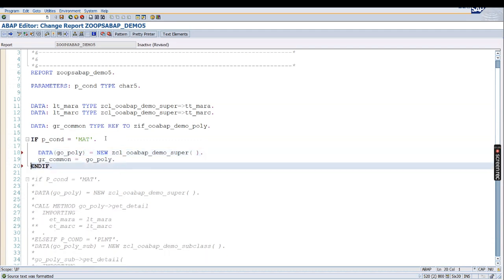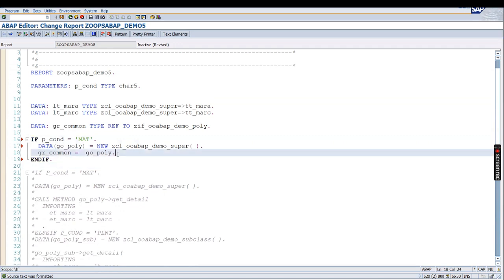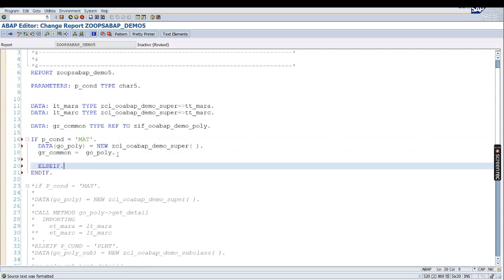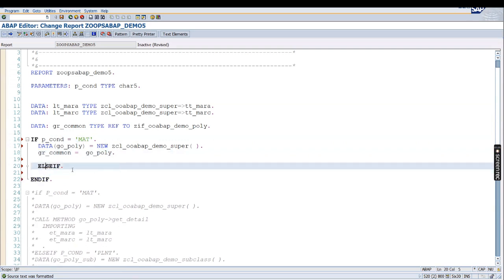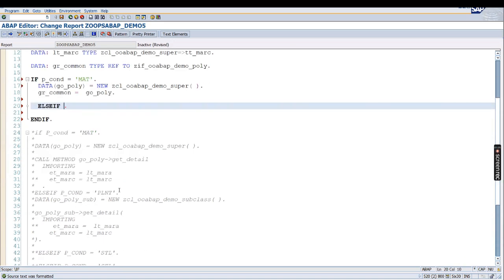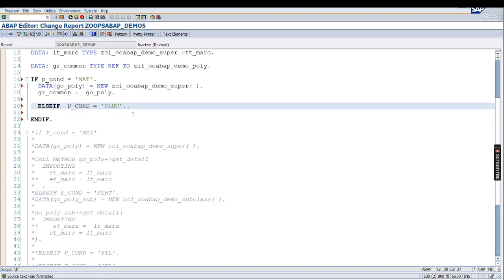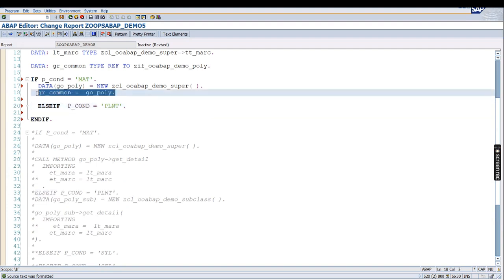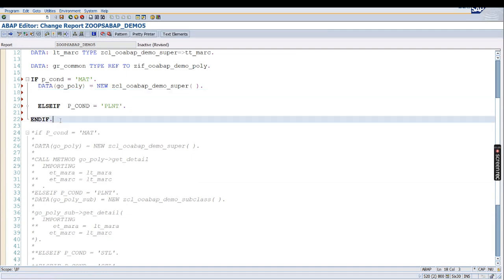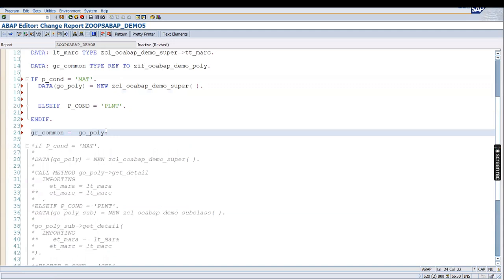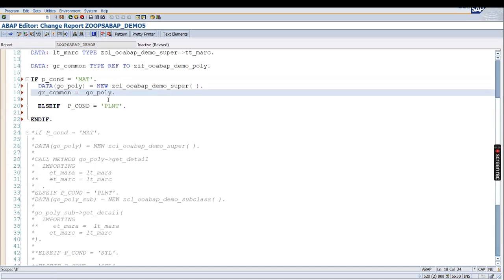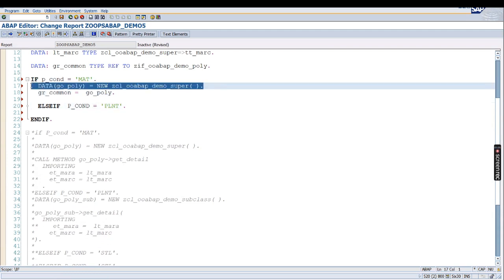Now if you see here, this is one line of code, and another, else if we can write, then give the condition over here, p underscore cond full stop, and now again you have to write the same piece of code. Or this particular code directly at last you can write, that is also fine. Geo underscore no, at last if you write, that will be difficult. Let it be like this only, and here just copy once again,